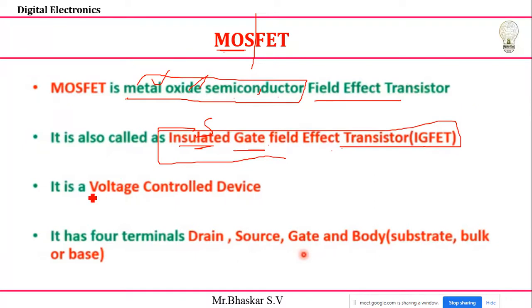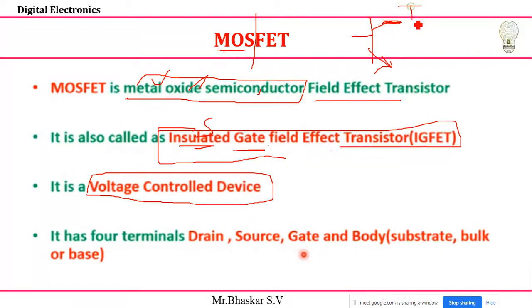The second thing you should remember is that MOSFET is a voltage control device. By using voltages I can easily control it. If I take a BJT, the output current is the collector current coming from this terminal. This is the base, this is the emitter, and this is the collector. Generally, we take the output equation IC is equal to beta times IB, because it is a current control device. My output current is controlled by some parameters. But my MOSFET is a voltage control device. This is the difference. You should know that.